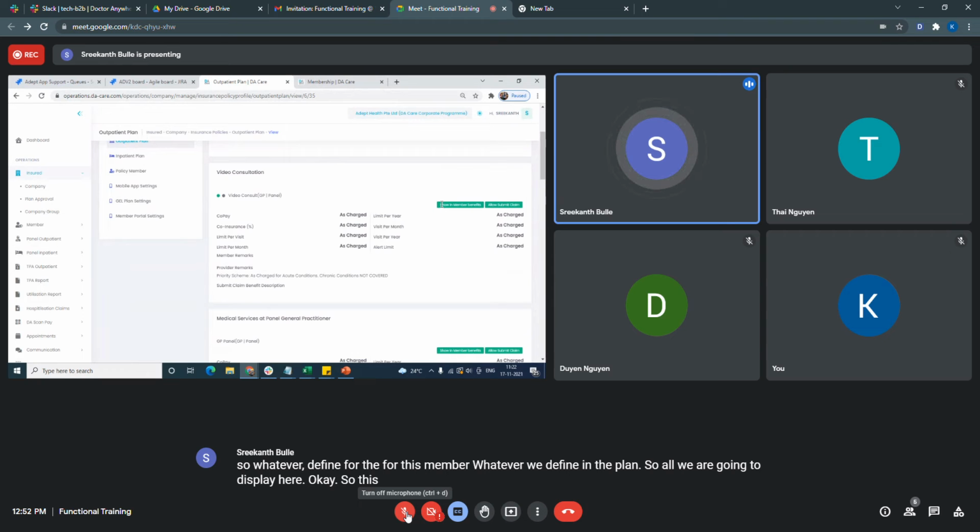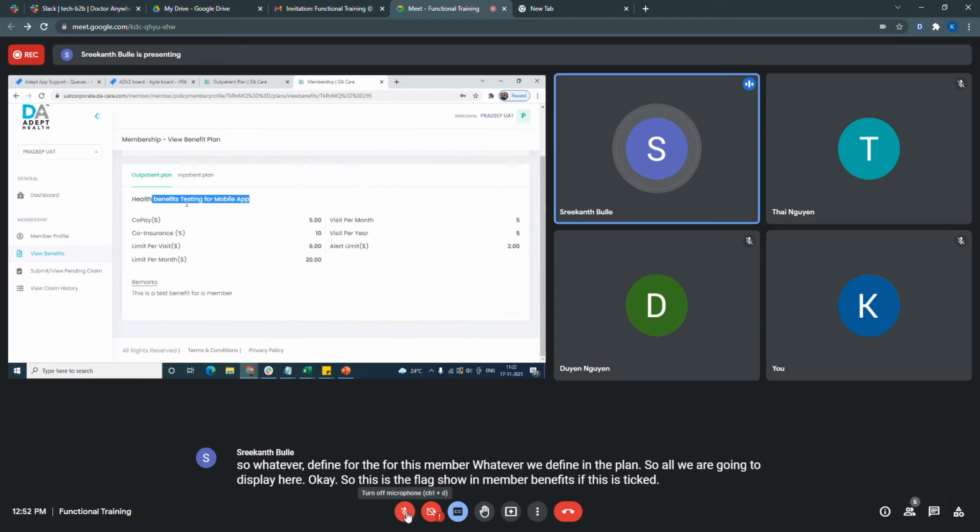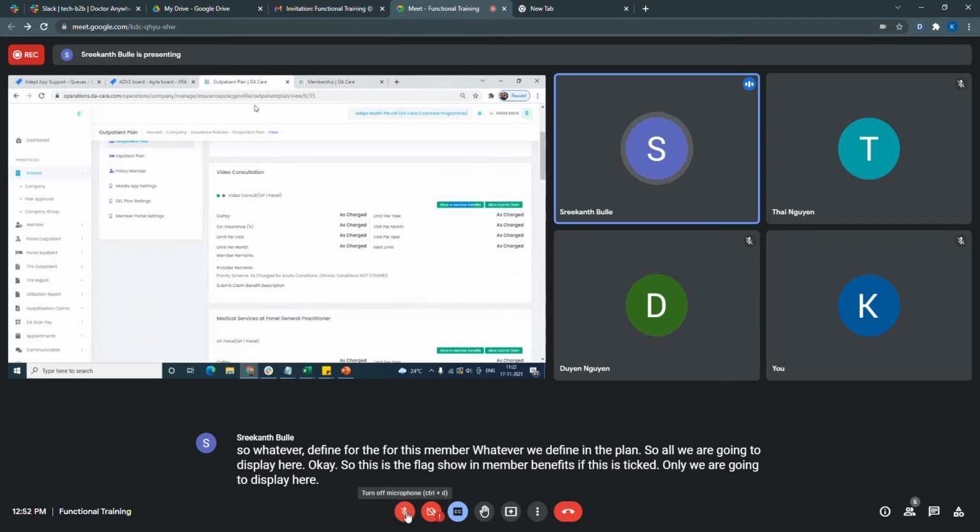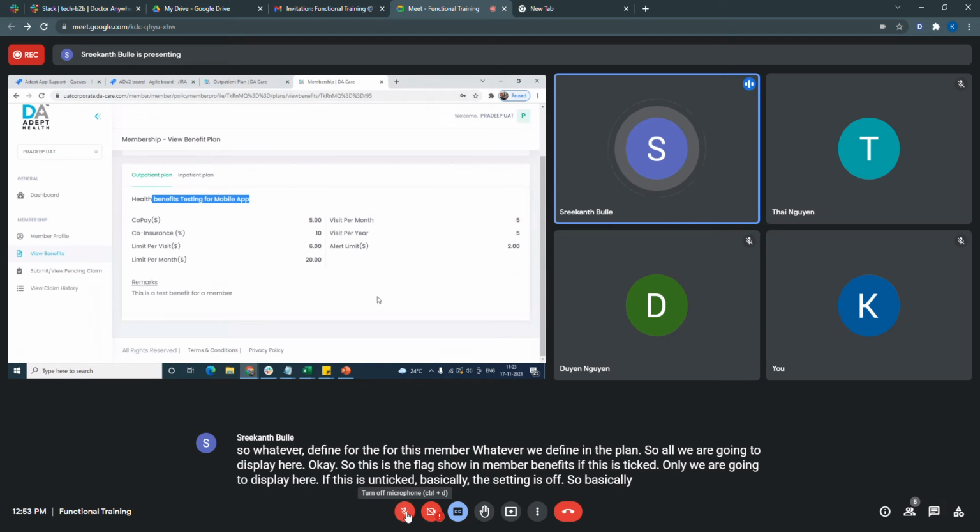This is the flag, show in member benefits. If this is ticked, only then we display it here. If this is unticked, the setting is off, so the member can't see it.